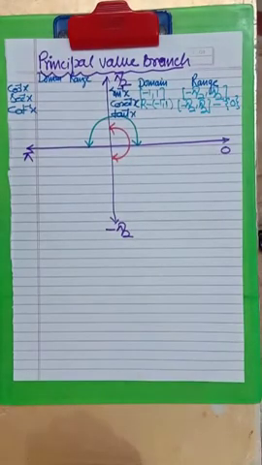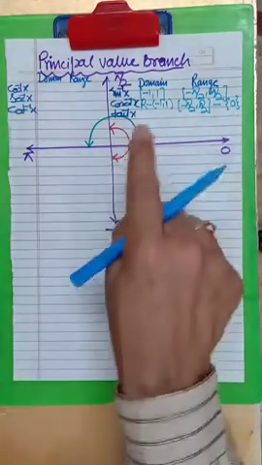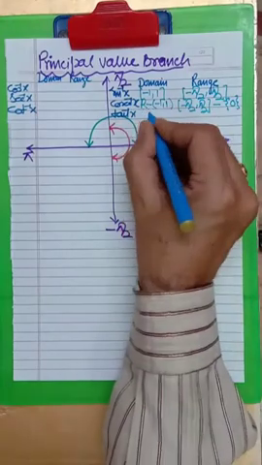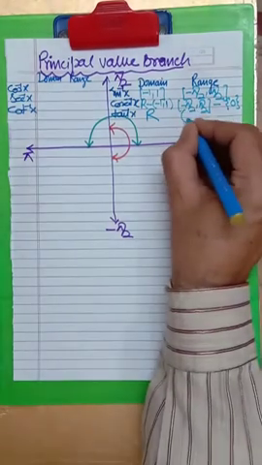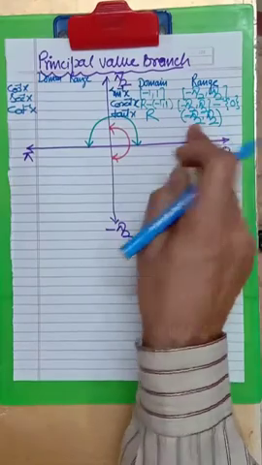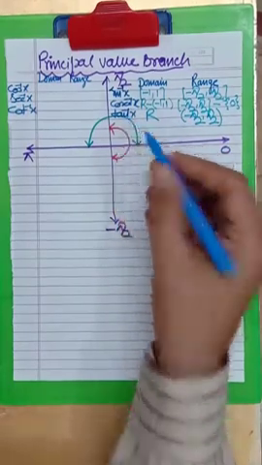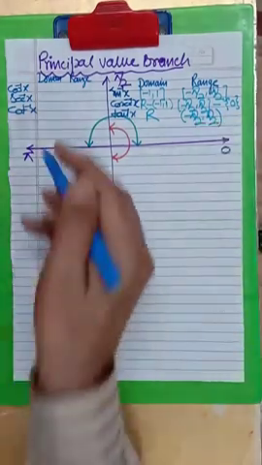Why is 0 removed from here? Because cosec is 1 by sine. When you put sine 0 there, we will get infinity. That undefined value is obtained in the case of 0, so we have to leave this value. Now in the case of tan, we have the domain as real numbers, but the range is minus pi by 2 to plus pi by 2. Why have we taken an open bracket here? Children, in the case of 90 degrees you will get infinity. That's why we are not taking both ends of the interval.